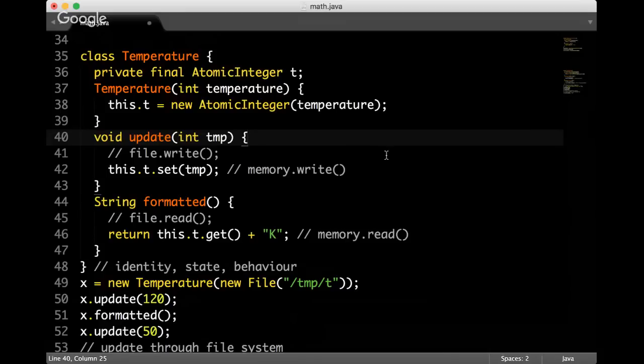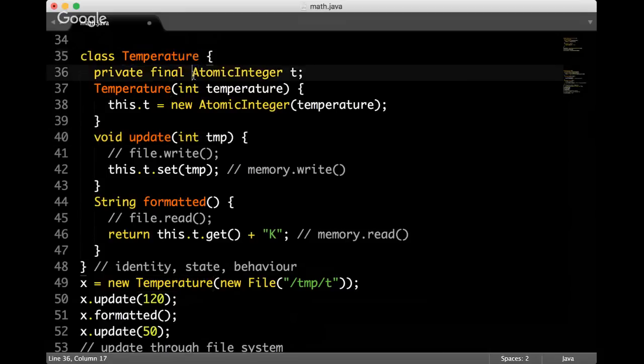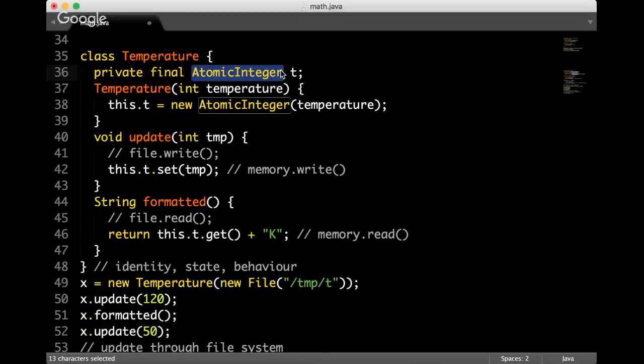Because for me, if I am an object temperature, then for me, this thing I encapsulate, it doesn't matter whether it's 4 bytes in memory or 4 megabytes on a file system, or it's something else. All I care about is that I encapsulate something and I represent somebody, and I never change that somebody.